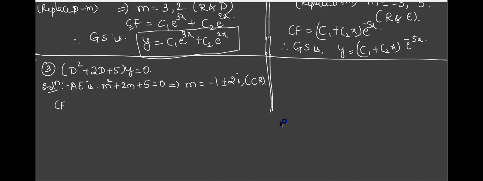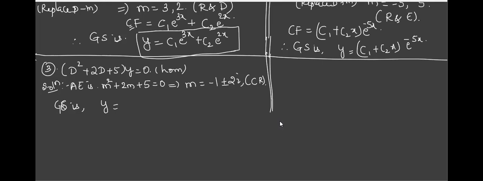So now what I will do, I will not write first CF and then GS. I'll write directly. When can I write GS directly as CF? Only if the RHS part is 0. That is for homogeneous. Are you getting it? Tell me, GS is equal to, or you can say CF equal to, what is it?